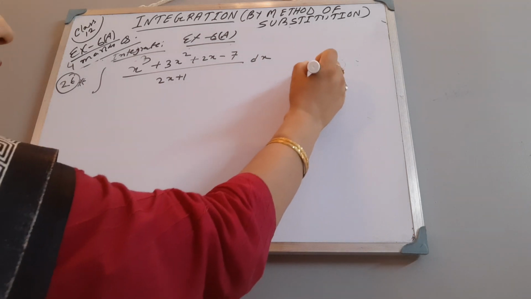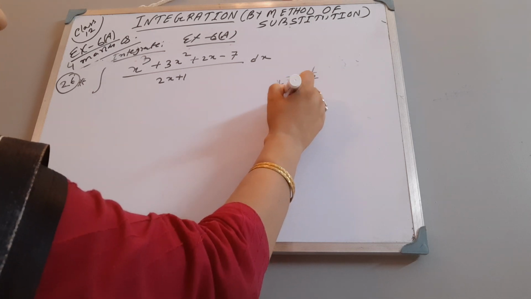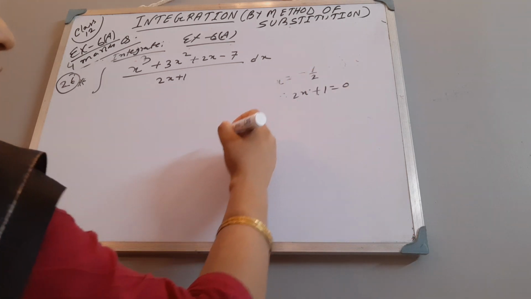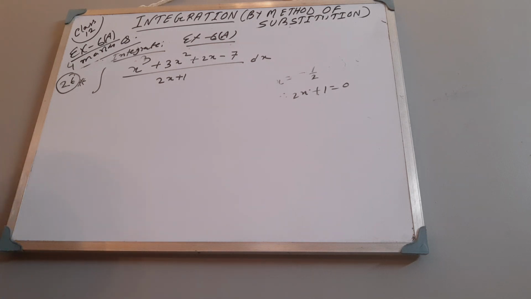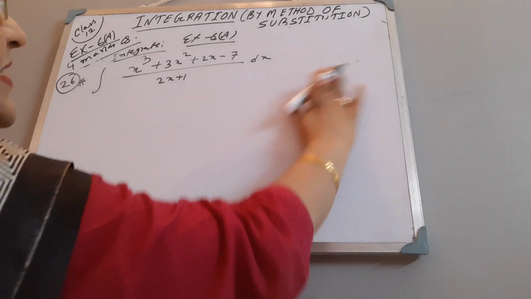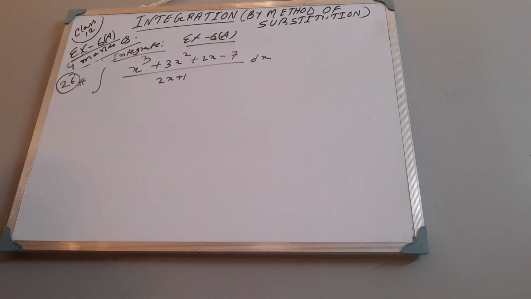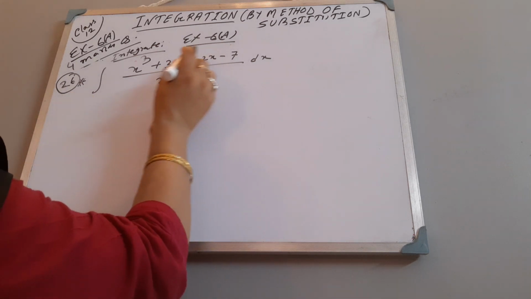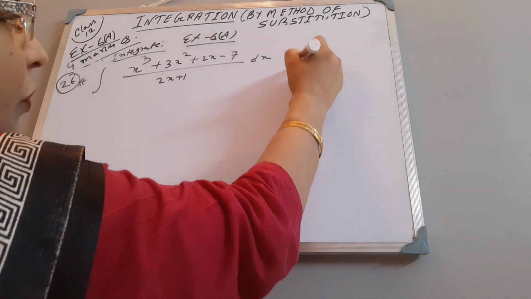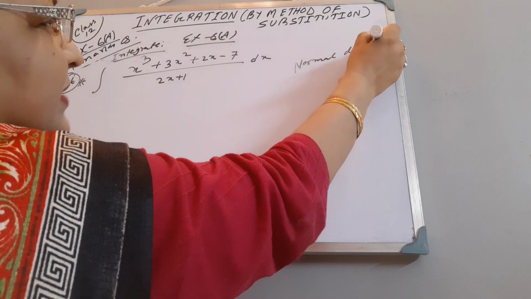If we take x equal to minus half, then only we can say 2x plus 1 is equal to 0. So we have to see whether for x equal to minus half, the full expression is coming 0 or not. This is one method, but it is on the fractional form, so don't go for that. What we will do is a very simple way: just do the numerator by denominator, the normal division form.